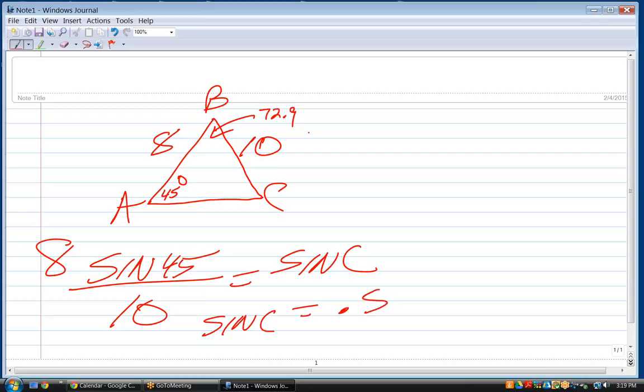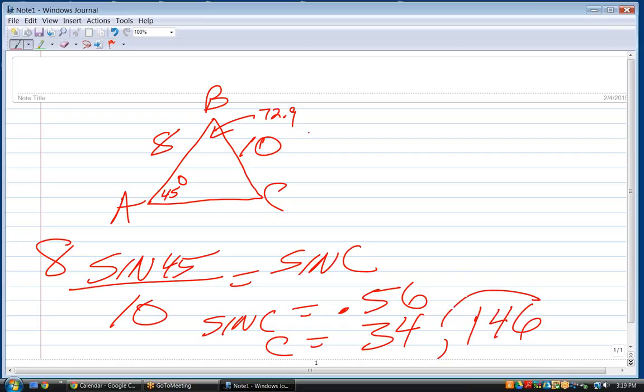0.56. And what does that make C? 34 degrees. 34? So what's the supplementary angle? You always want to figure out the supplementary angle. The supplementary angle is 146. Okay. Now, notice that we cannot have a triangle with a 146 degree and a 45 degree angle in